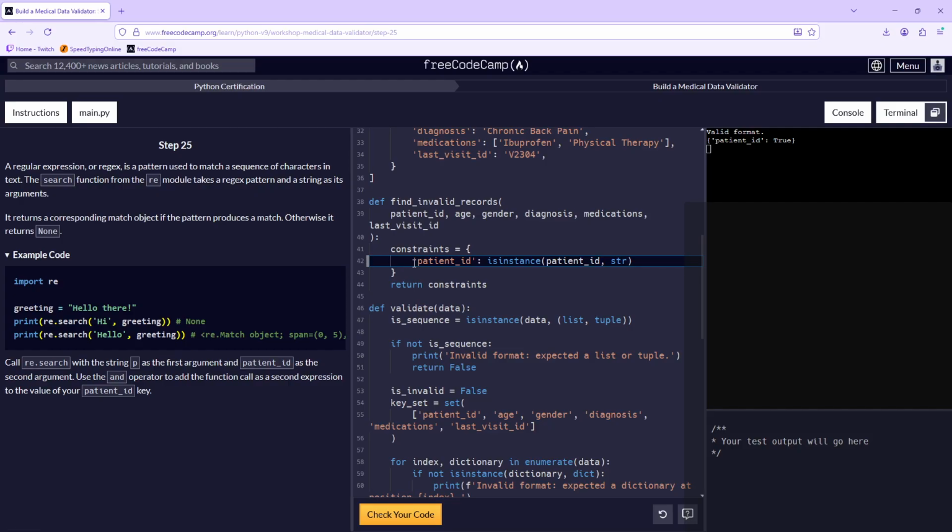Use the AND operator to call the function as a second expression to the value of your patient ID key.